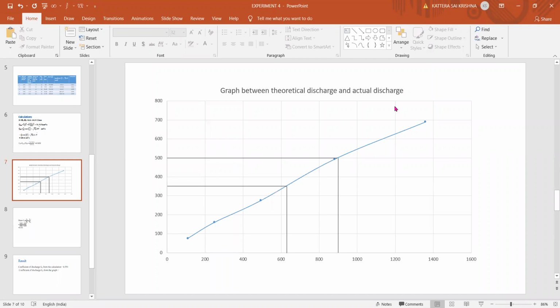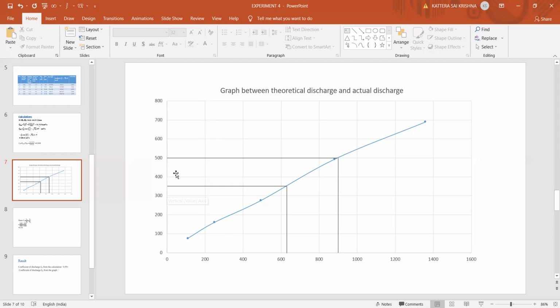After drawing this straight line, you can take any 2 points on the straight line, not necessarily the points which you have plotted. For example, I have marked 1 point here and 1 point here. To get x1 and x2, you can draw vertical and horizontal lines like this. What intersects here will give your x1 value, and this will give your x2 value. Similarly, on the y-axis, you'll get your y1 value here and y2 value here. This is just a sample I'm showing you. On graph paper, you will get it perfect.